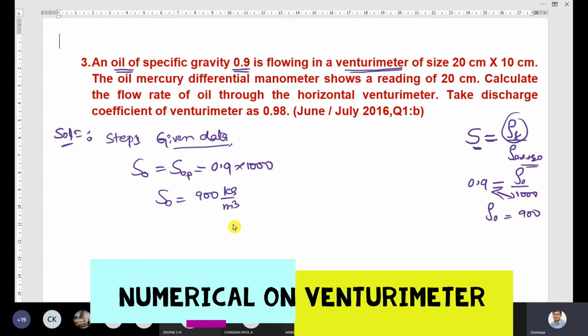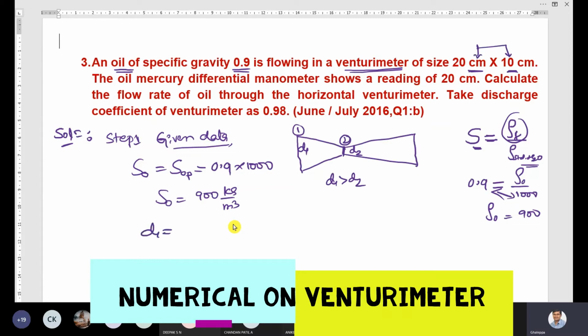That is the first. Next, a venturimeter of size 20 centimeter, 10 centimeter. He has not used the word inlet or throat, etc. And dear students, we know the shape of the venturimeter. Here, this is the shape or the structure of a venturimeter sketch. Here, this term is inlet and this term is throat. If you compare the diameter of the inlet and the diameter of the throat section, the throat is less than the inlet, D1. Means D1 is greater than D2. So based on these two values, you decide which one is D1, which one is D2.